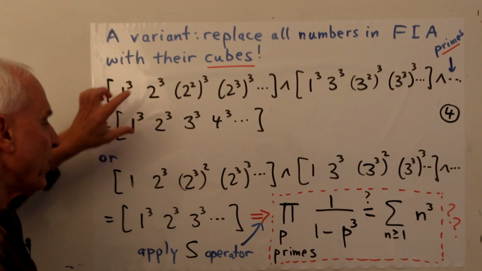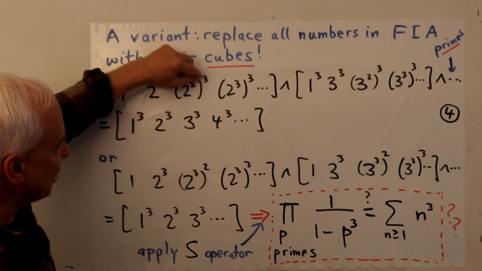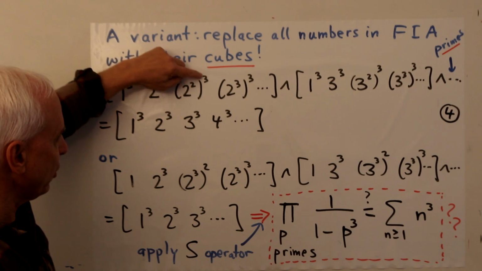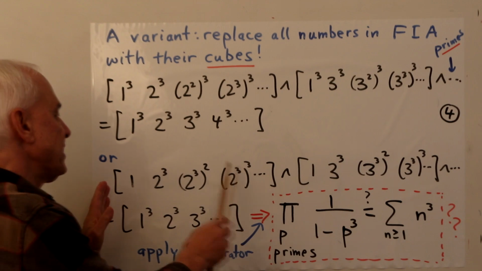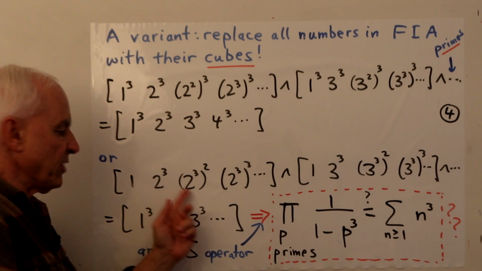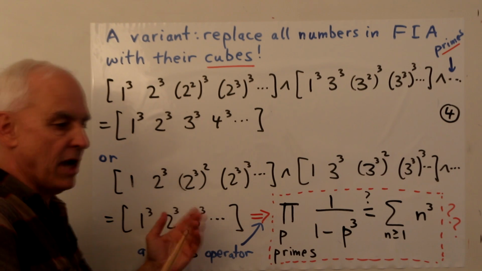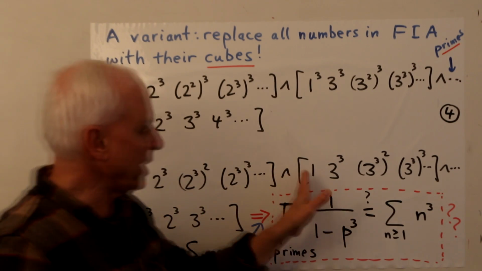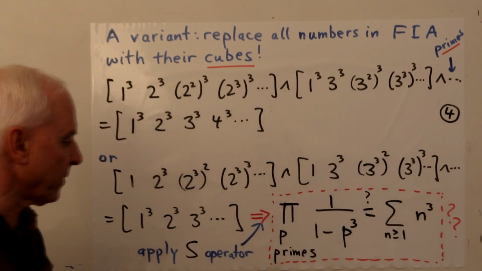Okay, so again, we can perform the same little twist where we interchange the powers here. So instead of having 2 squared cubed, we could write 2 cubed squared. Then we see that the entries of this thing here are just given by this geometric sequence. Each term is 2 cubed times the previous one. And similarly here, geometric sequence. Each one is 3 cubed times the previous one.